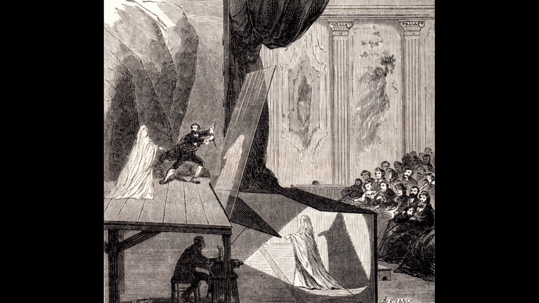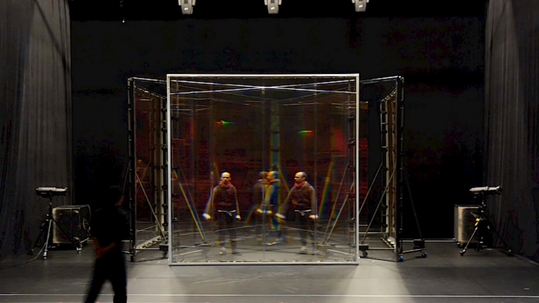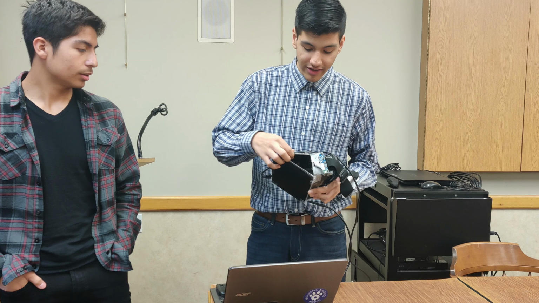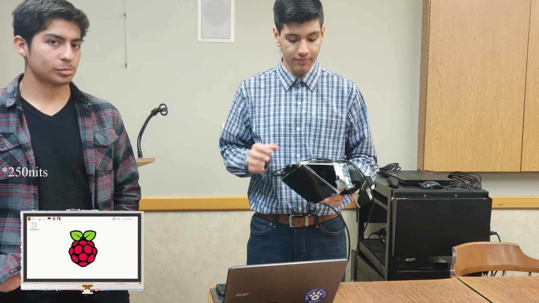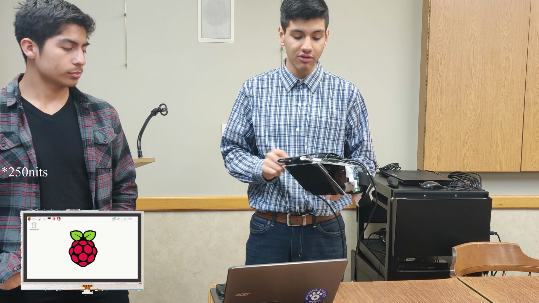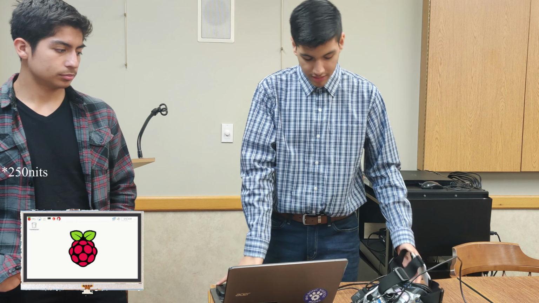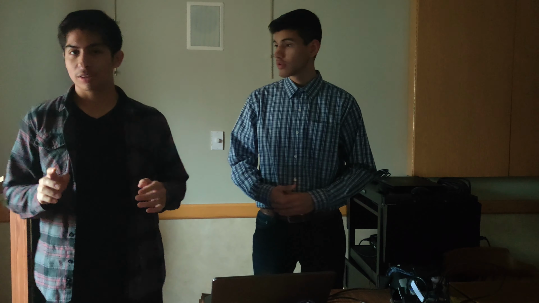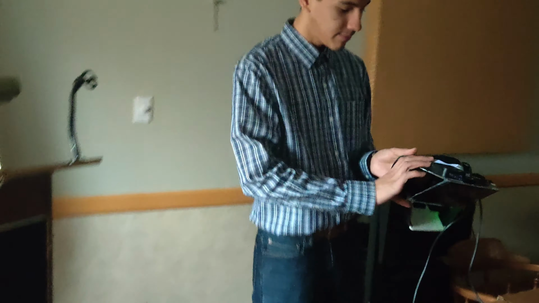It was first developed in, I think, probably the 1800s for live theater, and it allowed them to have like a ghost on stage. Now, what we're using here is a simple Raspberry Pi screen that I bought a while back. We're using it to be powered by a USB, and we have a simple HDMI cable leading to my laptop here. We decided to dim the lights for this demo because it's not exactly a bright display, but it does the job. And if I power up my code,